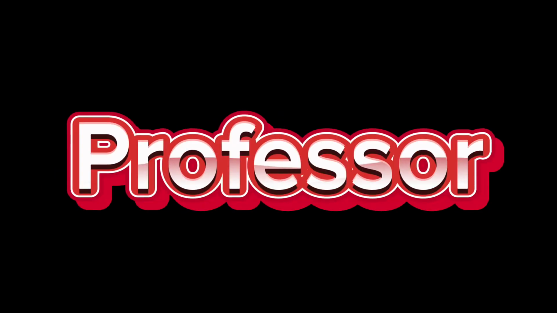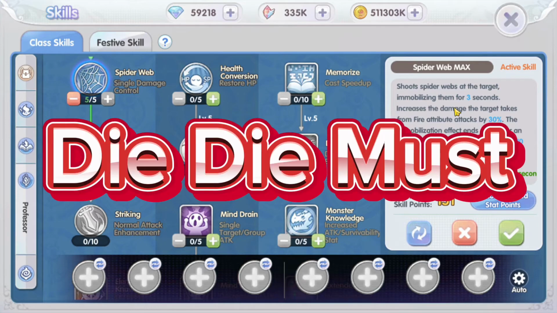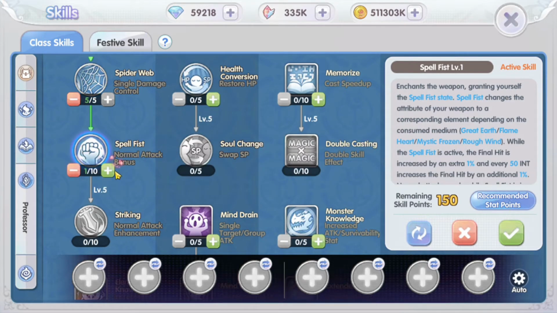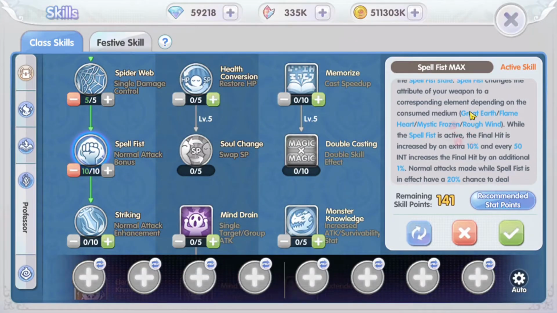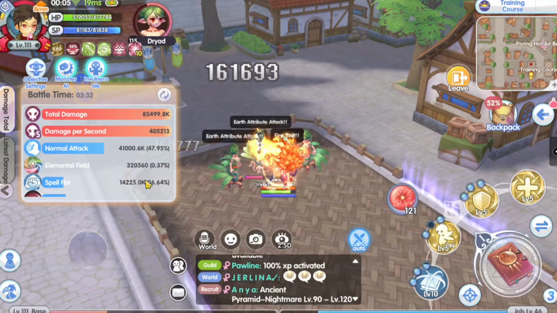On to the next job, Professor. First skill, Spiderweb Max. This gives you additional 30% more fire attribute attack. It is a must-have for book Sage. Next skill, Spellface Max. This skill grants you element, so you now can officially have at the same time increases your final hit so you won't miss, and a 20% chance to deal additional damage